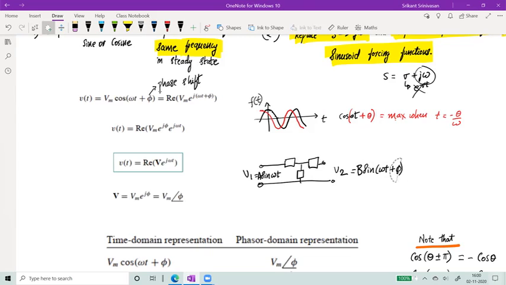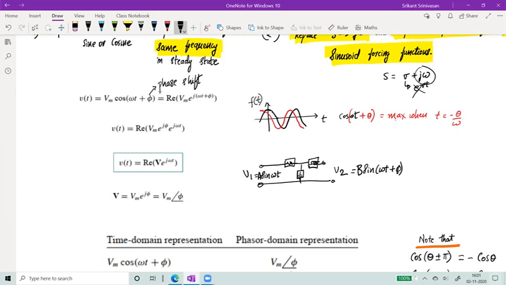Why do you expect a change in the phase? Because we know that when the voltage is applied across an inductor or a capacitor, if my circuit has, say, some resistor, inductor, capacitor, so let's say there is an R over here, then there is some inductor, there is a capacitor. So if I have these various blocks, then accordingly the phase of the signal will change, right? Because the current is C times dV by dt. So if the voltage is sine omega t, then the current through the capacitor is cosine omega t. Similarly, if the voltage is sine omega t, then if I want to find the current through the inductor, it is going to be 1 by L.